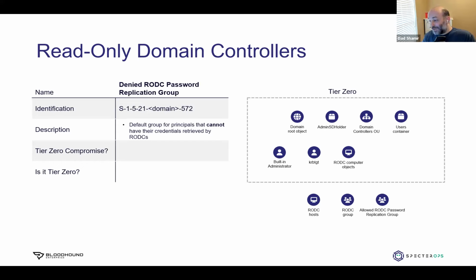Does it mean that this group belongs in tier 0? I would say no, because again, it has no inherent functionality beyond being added to the denial list by default. And ultimately, the RODC's password replication policy is what matters. So I argue that both the allowed RODC password replication group and the denied RODC password replication group don't belong in tier 0. Now, it is true, to answer the question here, if someone just clicks next, next, next,